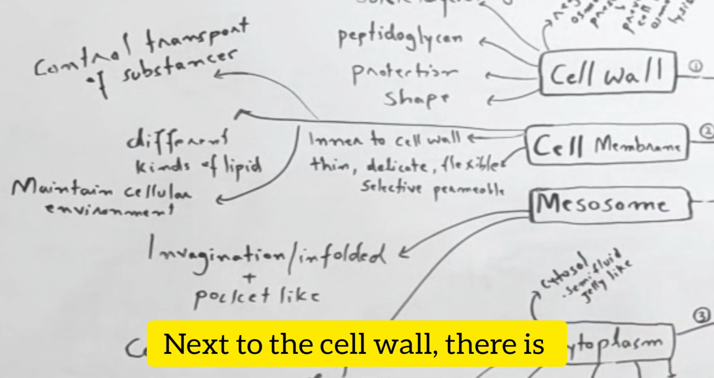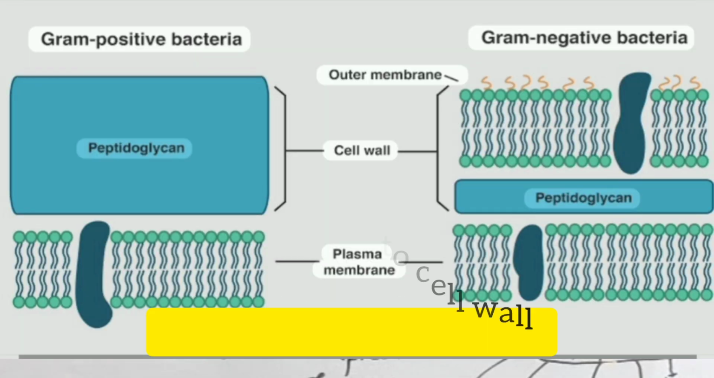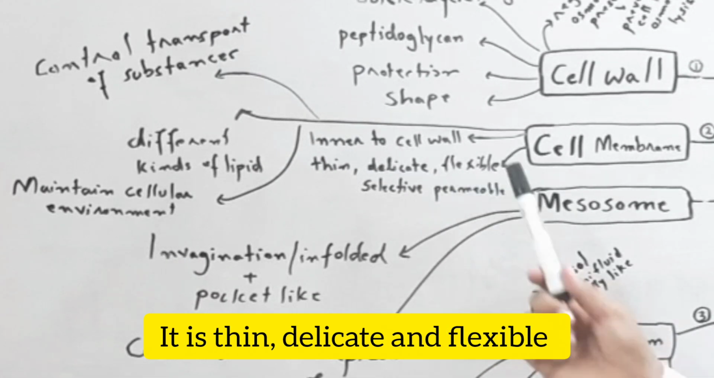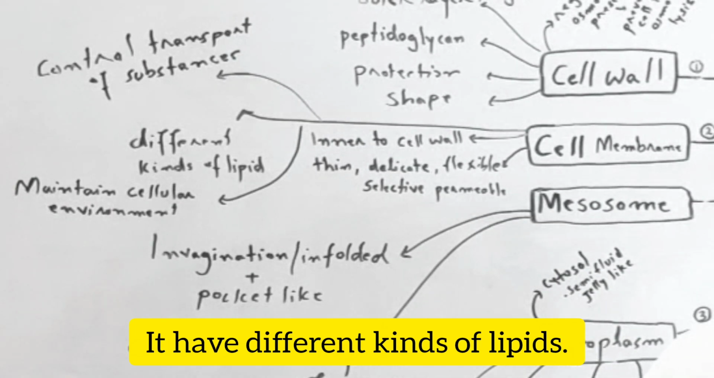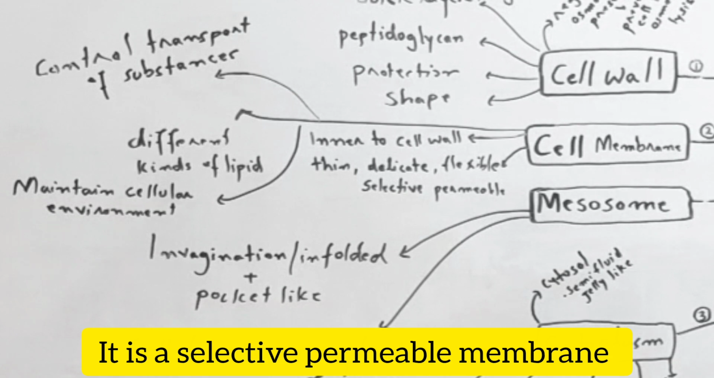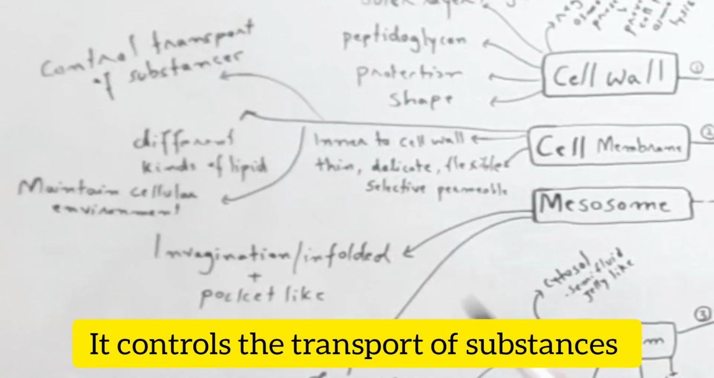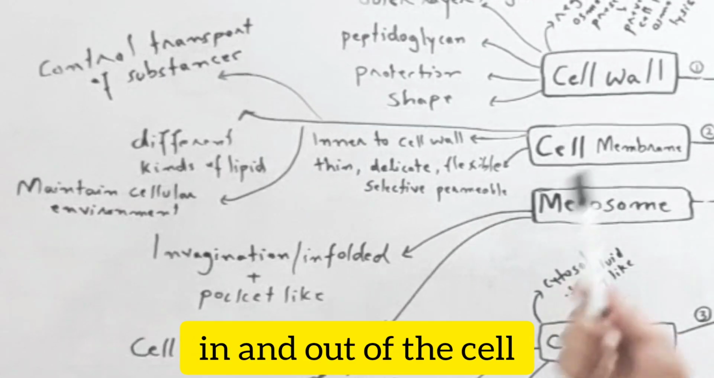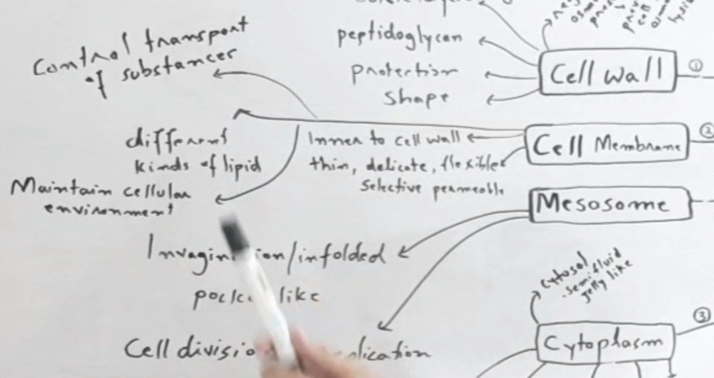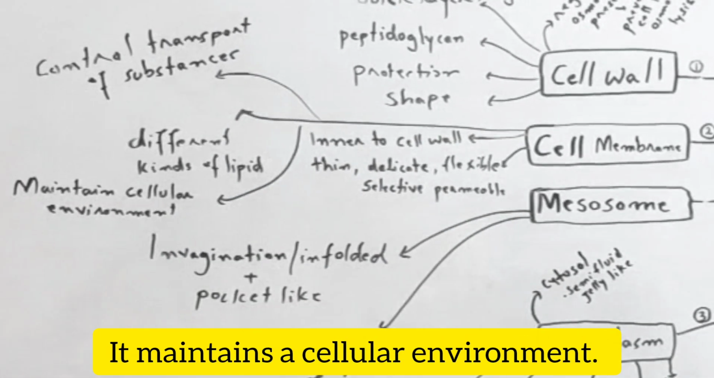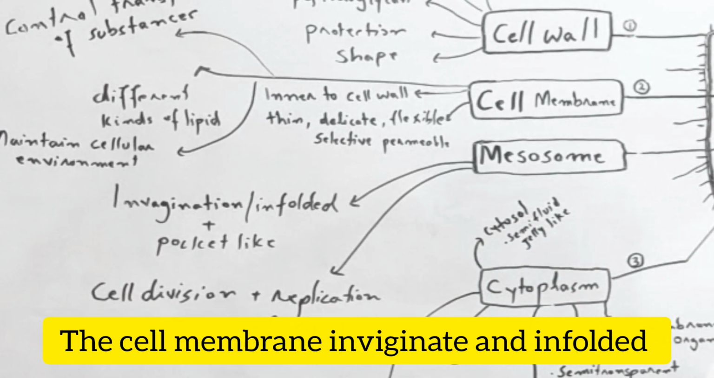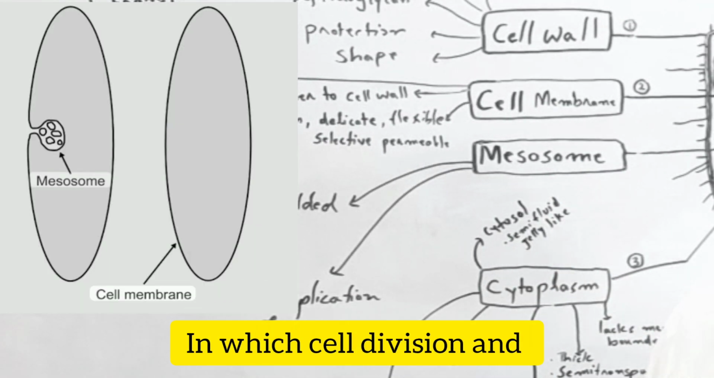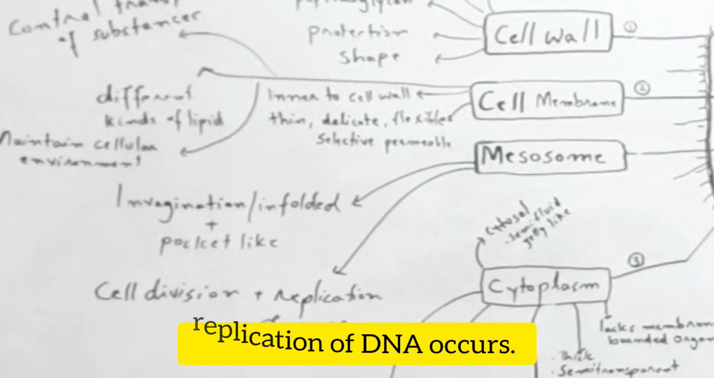Next to the cell wall, there is a cell membrane, which is inner to the cell wall. It is thin, delicate and flexible. It has different kinds of lipids. It is a selectively permeable membrane. It controls transport of substances in and out of the cell, that is the bacterium, and it maintains the cellular environment. The cell membrane invaginates and unfolds and forms a pocket-like structure called mesosome, in which cell division and replication of